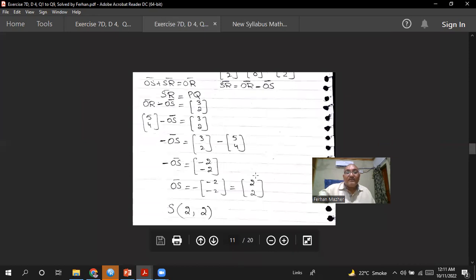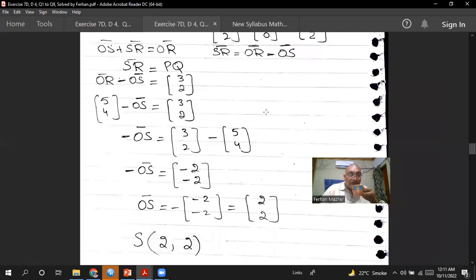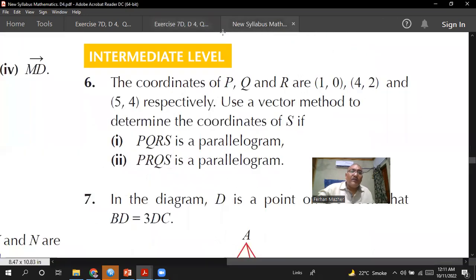So this whole part is showing up on your screen. Hopefully you understand how we have formed this. Now, in the next part, he says determine the coordinates of the S if the PRQS